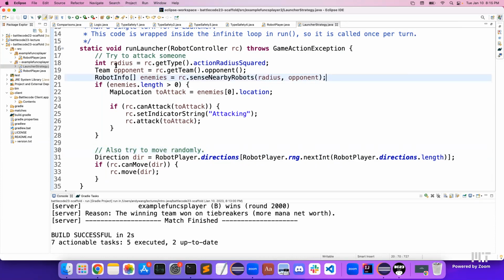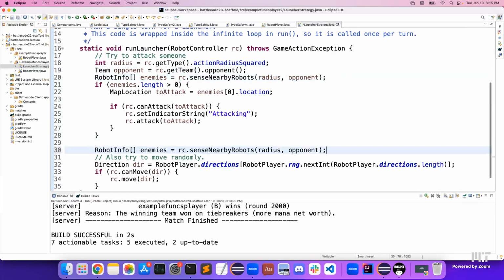So we already have the basic framework we need for detecting enemies around us up in our detect code up here. So we can borrow a lot of it, and we don't even need to redeclare the variables. Our opposing team is the same, our attack radius is the same. We can use this same rc.senseNearbyRobots function, and we can say, hey, let's look for all visible enemies instead of just the ones in our attack